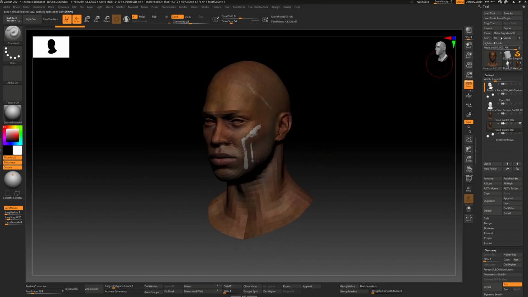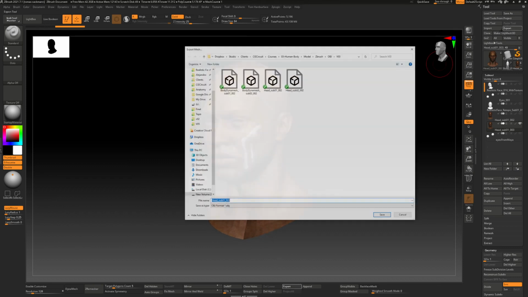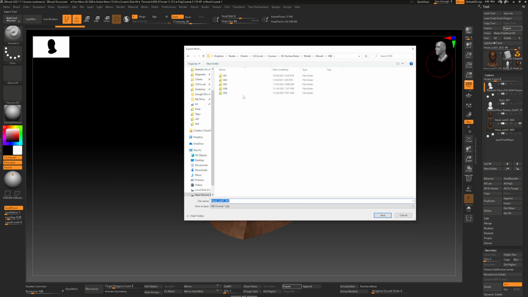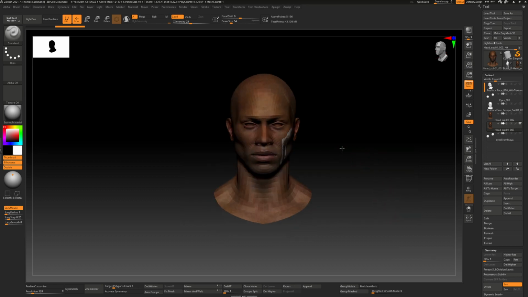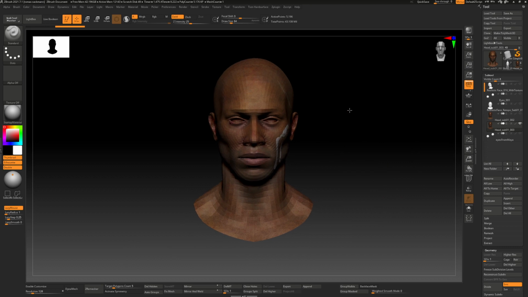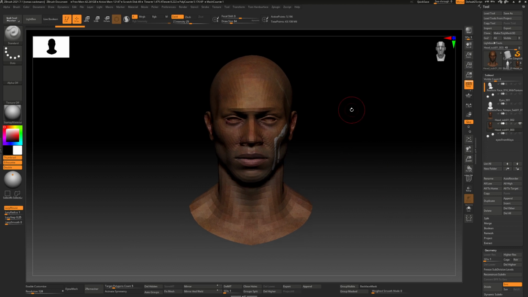Okay, because this didn't work, let me try one more time. Sometimes ZBrush does weird stuff, and one time it saves, but yeah, there we go. So now we export it. I don't know why before it was not working. So now that we have both meshes exported,